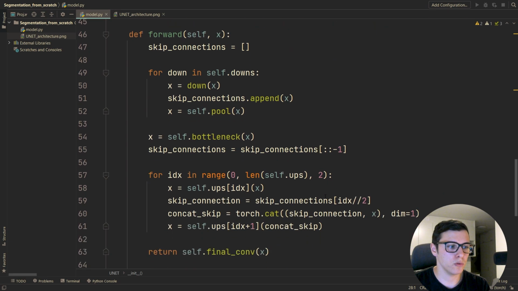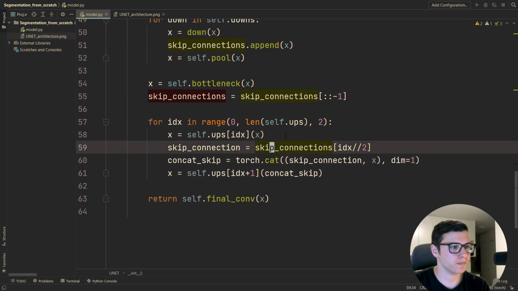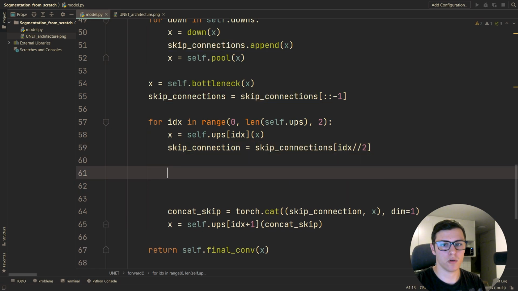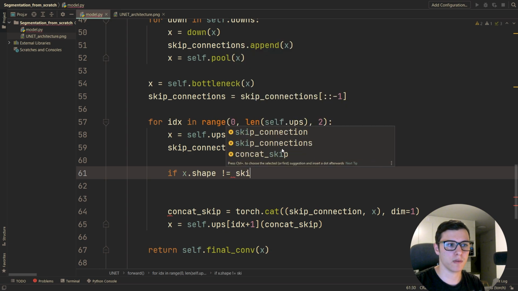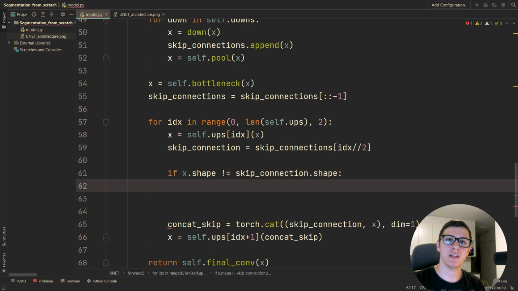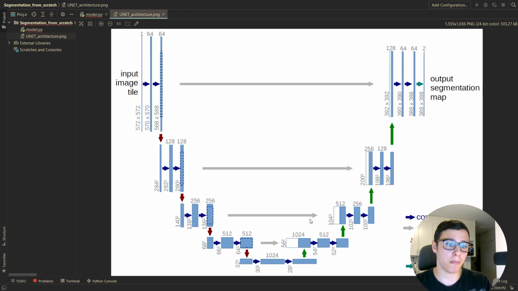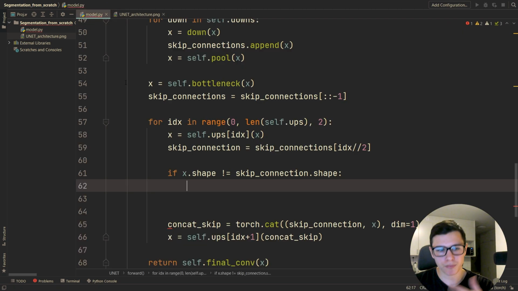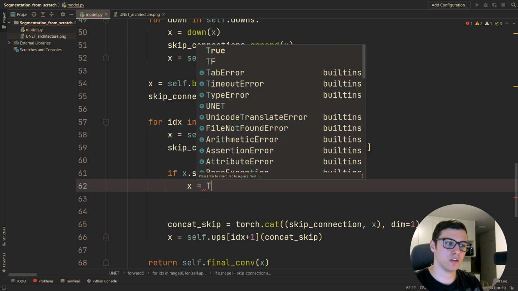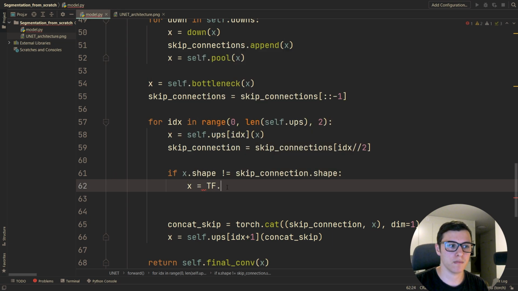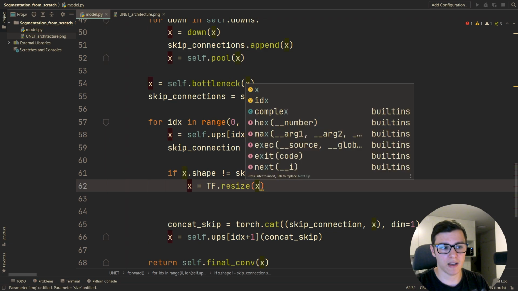So what we can do is when we're concatenating them, we can just check right here if they don't match. So if x.shape is not equal to skip connection.shape, then you can solve this by different methods. In the paper, which is a little bit different, they used cropping right here. What you could also do is add padding. And what I did is I'll just do a resizing. So I'll use the torchvision functional, and we'll do tf.resize of x, and then we'll just set